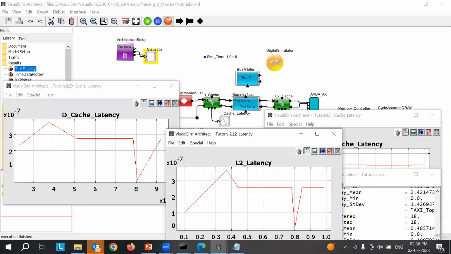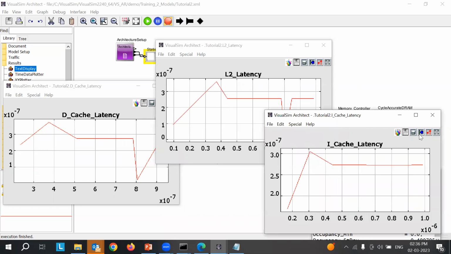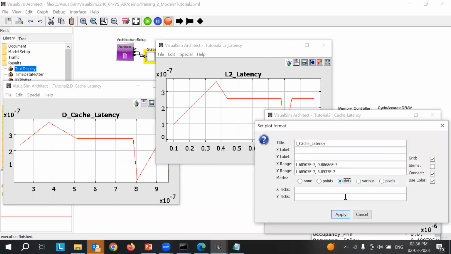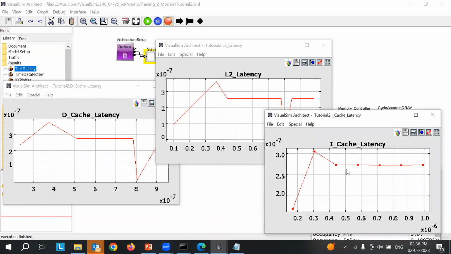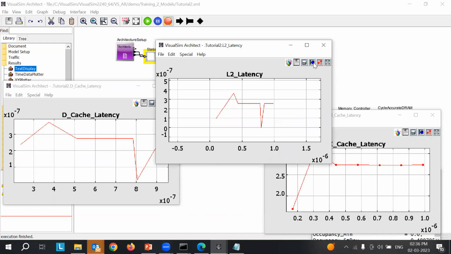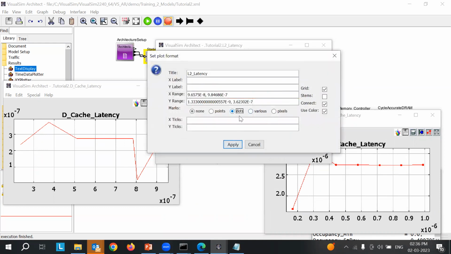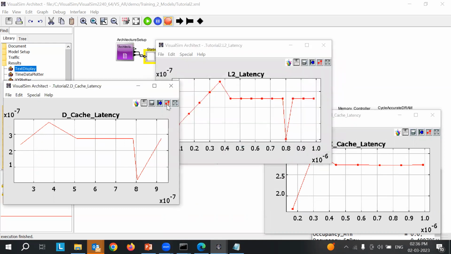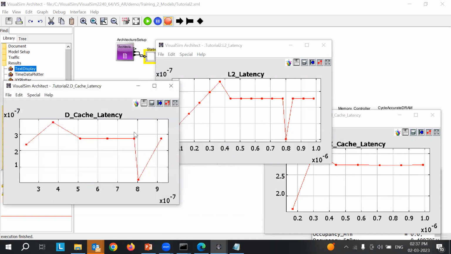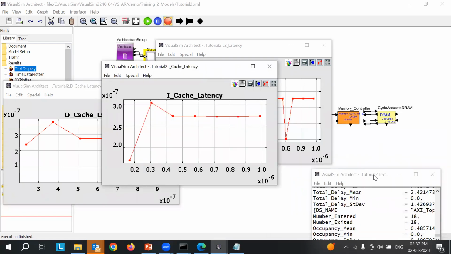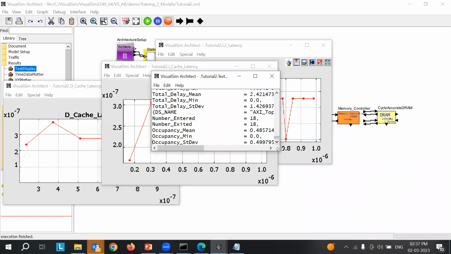You can see the latency of each of them. For iCache, in order to see the number of packets, you can see how many packets have entered the cache and the processing time for each of them. Similarly for L2, and for Dcache. So this is a view to observe whether the caches are processing correctly, and what latency is observed for each packet. In order to observe the detailed statistics, we use the statistics from the architecture setup